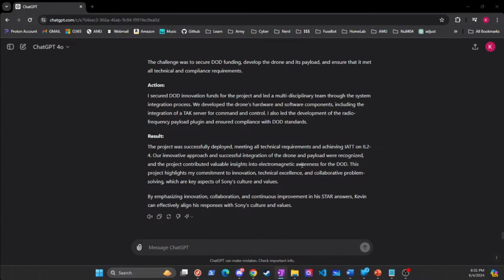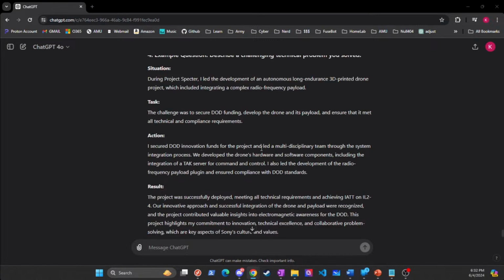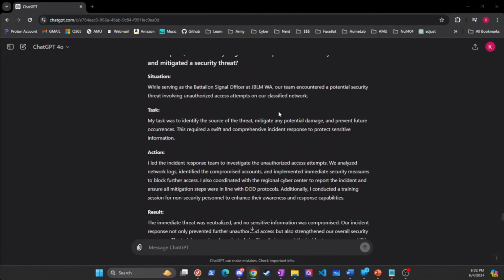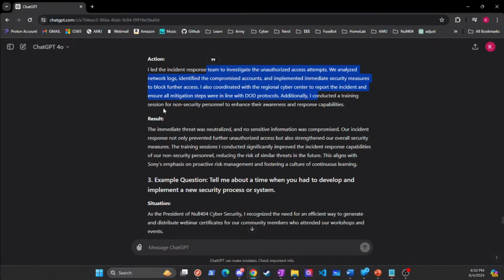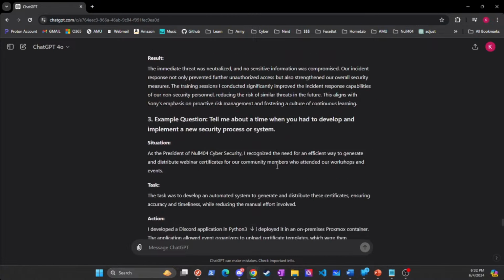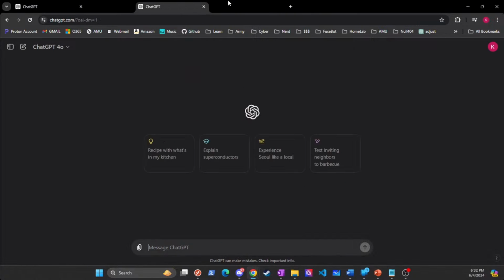So those are just different ways that we can utilize ChatGPT in a job search setting. Something less fun, but that I personally enjoy: I'm going to open a new window for ChatGPT. I really want to emphasize this is generic stuff. Some of this could be very true, some of it's not. But yeah, just some different ways to do it. So here's a blanket screen, a different setup.